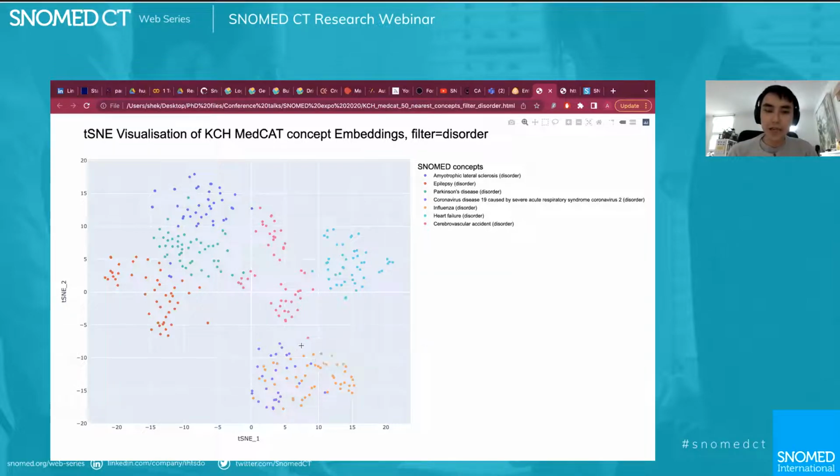Whereas if you look down here in separate clusters, which overlap to a degree, at the nearest disorders relevant to influenza or COVID-19, a lot of these tend to be pathogens overlapping as well, representing that they both relate and are very similar in this disease terminology, or the semantic tag diseases.